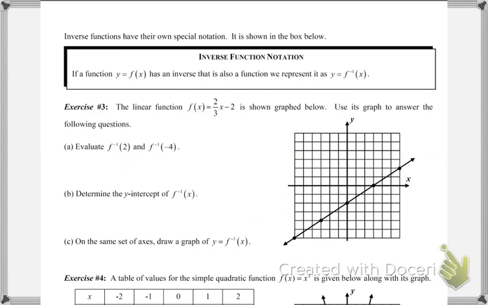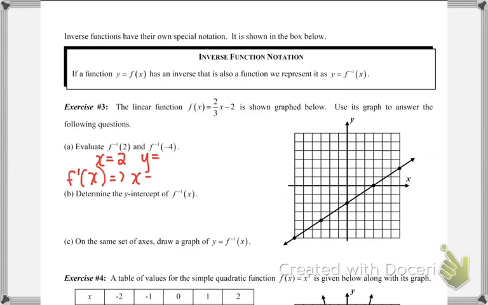All right, using our graph, we're going to evaluate f inverse of 2 and f inverse of -4 using the graph given. So f inverse at 2 means our x was equal to 2. What was our y equal to? So if that's for the inverse, that means in the original,